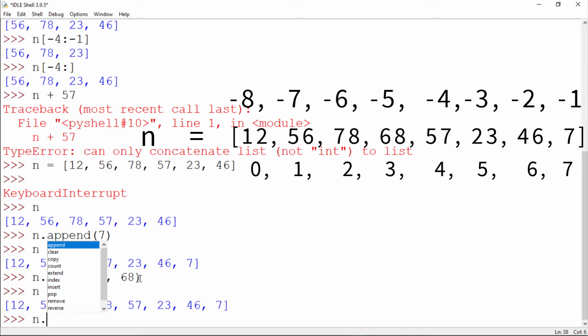So we were at append, we are done with append and we are done with insert. Now let's go to remove. Remove simply means you can take out a value. In this case, we will simply say round brackets and then type the number which you have to remove. Only one number, okay? Here I want 23 to be removed, so I will say 23.